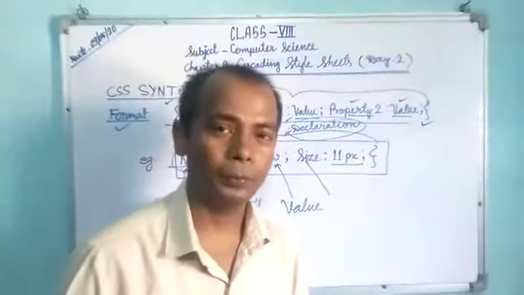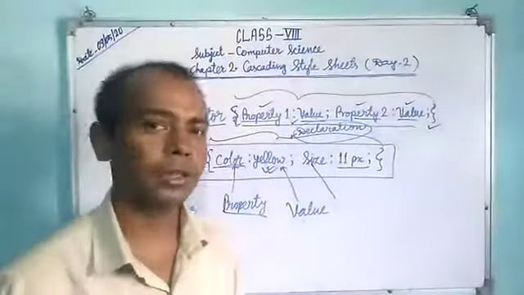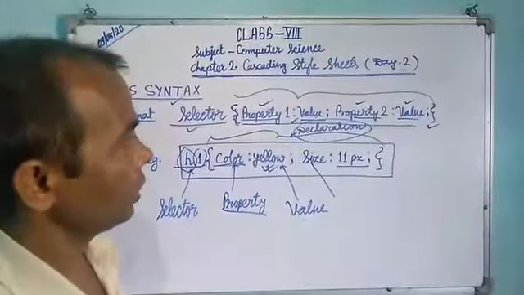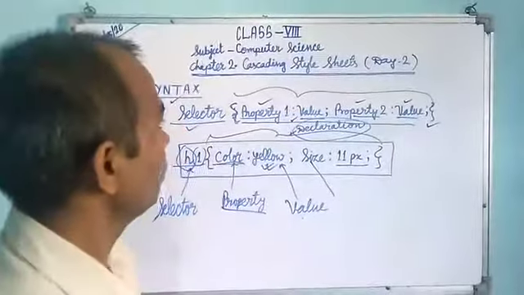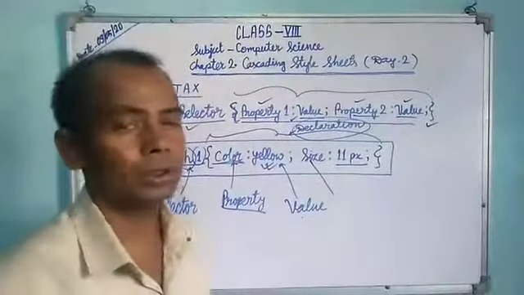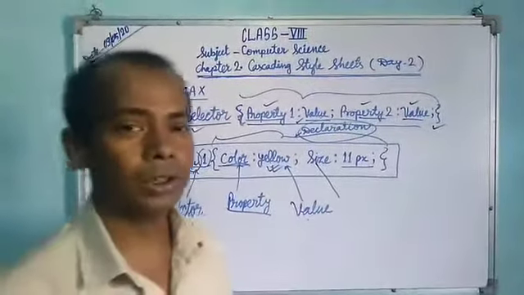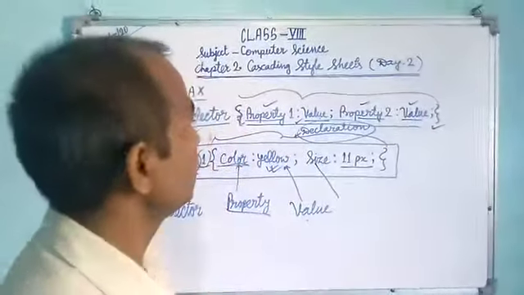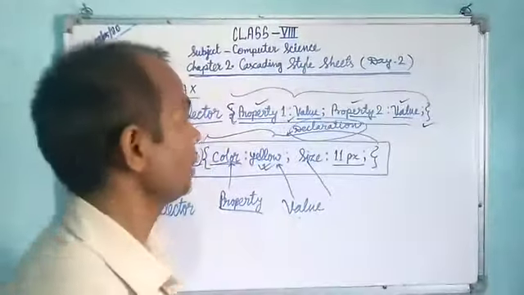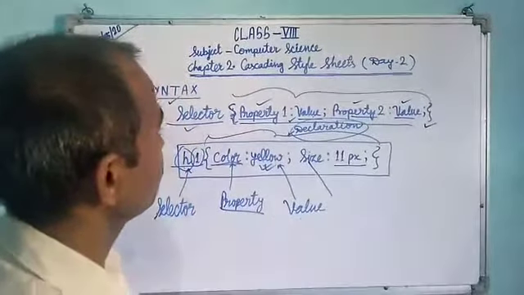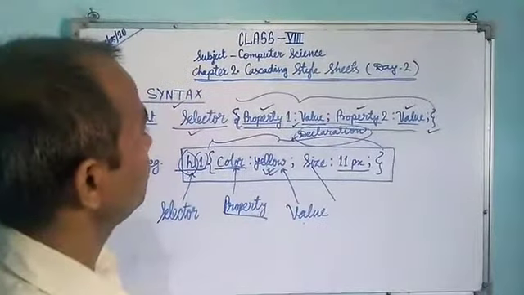I am going to talk to you about class 8 Computer Science, and here is the second chapter, that is CSS, cascading style sheets. This is the second day of this chapter. The previous day I have already talked to you about cascading style sheets and its definition, its advantages, and how this is helpful in making HTML documents. And whenever we compare it to HTML documents, how it is superior. So many things I talked to you about in the previous class.